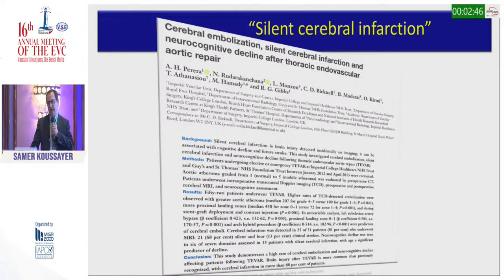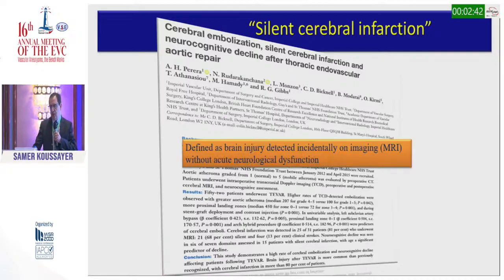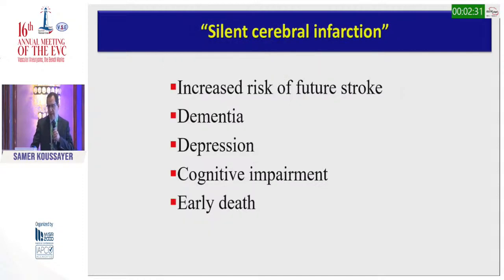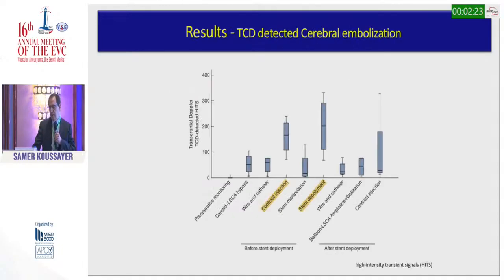This is a very nice paper published recently. They looked at silent cerebral infarction, which by definition is a brain injury detected incidentally on imaging, MRI, without acute neurological dysfunction. Why is it important to look at that? Because they found that silent cerebral infarction can increase the risk of future stroke, and can cause dementia, depression, cognitive impairment, and early death. And when they used TCD to look at the HITS during the procedure, they found that